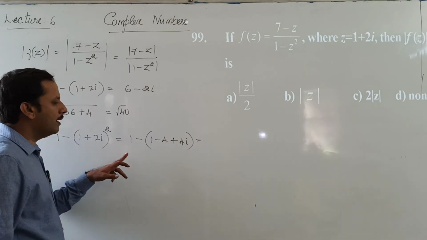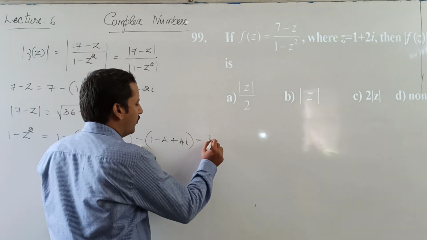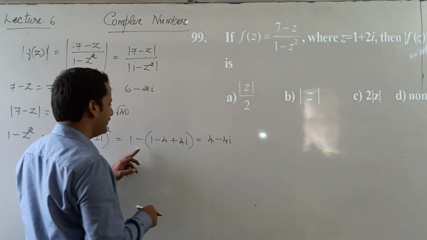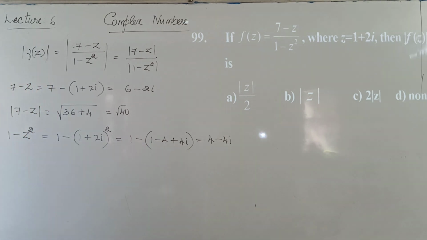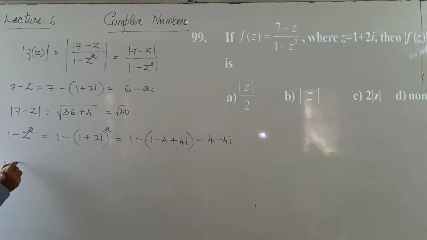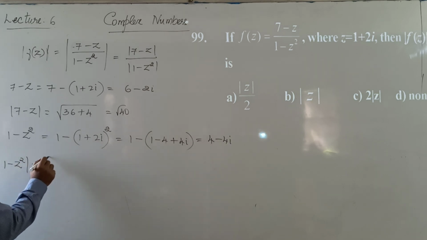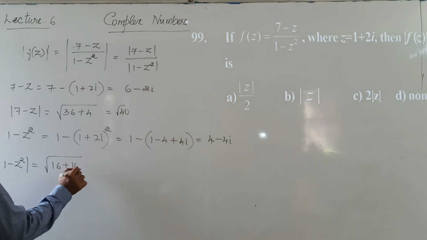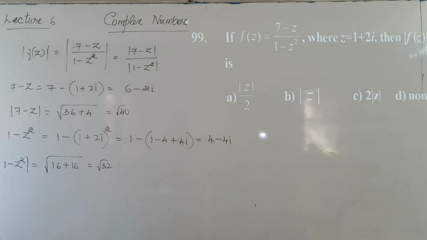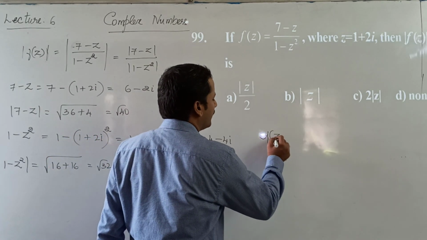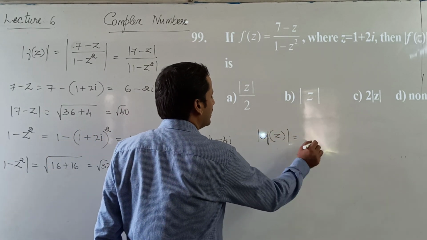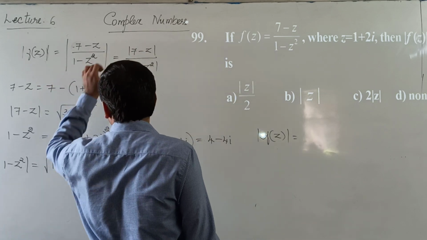That's equal to, this will become 4 minus 4i. Right? 1 minus 1 gets cancelled, plus 4 minus 4i. So modulus of 1 minus z square is equal to root of 16 plus 16, that's equal to root 32. Okay. So modulus of f of z is equal to modulus of 7 minus z,